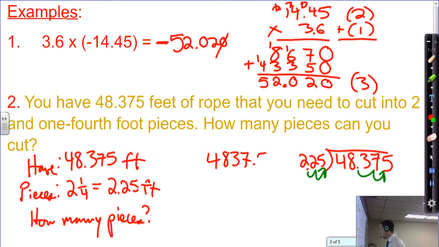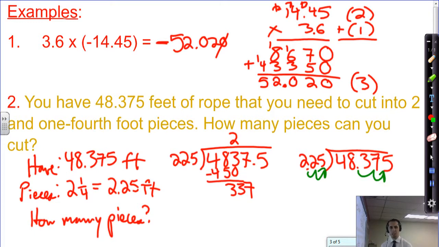4,837 and 5/10 divided by 225. How many times does 225 go into 483? That would be 2. 2 times 25 is 50. And 2 times 200 is 400. All right, 33 left over. Bring down the 7. How many times does 225 go into 337? Once. 225. Subtract. Get